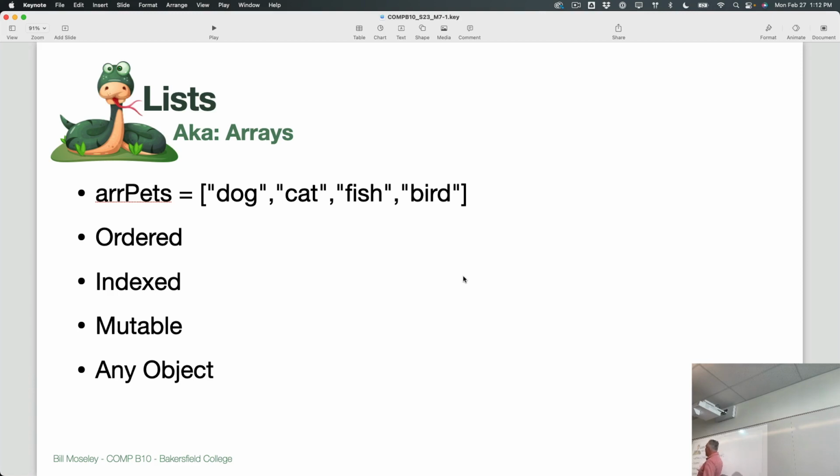So the things that are particular to arrays: they're ordered, which means dog is always going to be first in this array, unless I explicitly change the order of things, which I can do. I can sort this or reverse the order or do all kinds of things with functions. But unless I change this, that order is always going to be the same: dog, cat, fish, bird. I can rely on that because it's indexed, which means each one of these has a number that is associated with the slot that data is in. So in slot number 1,